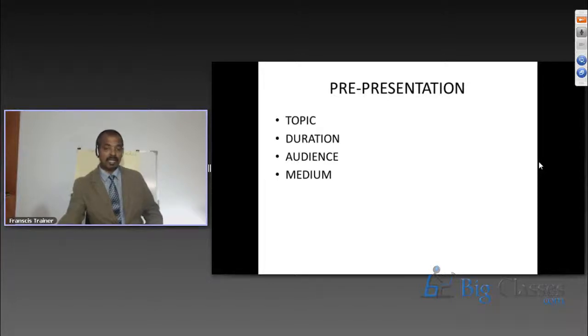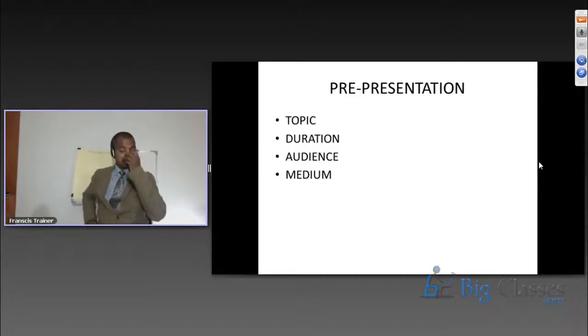Then in the pre-presentation, we mentioned the points which we need to prepare in advance, or keep in mind before we even start making the presentation. So the points which we said yesterday was the topic itself, of course. We take it very lightly. No, we should not. We should carefully understand the topic, going ahead and doing some research on the topic